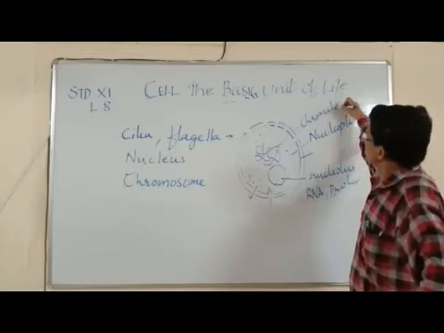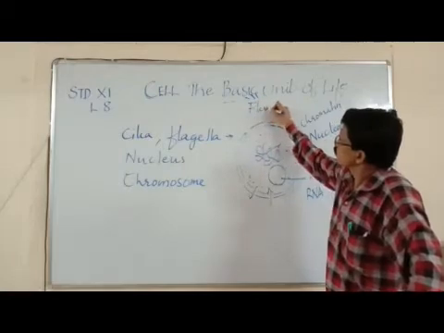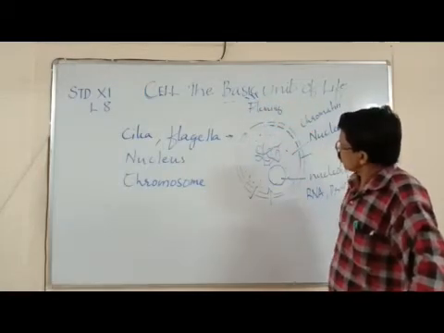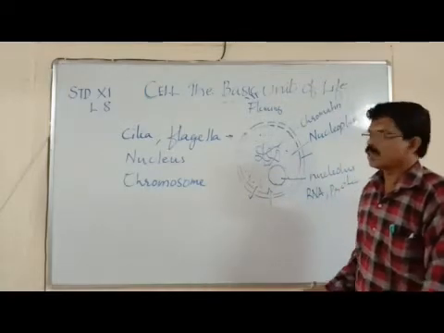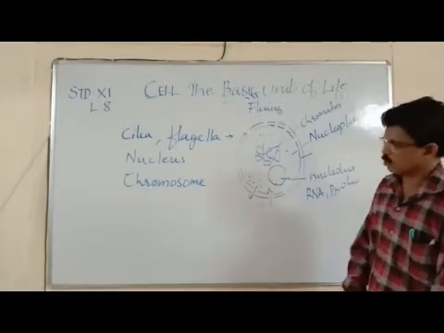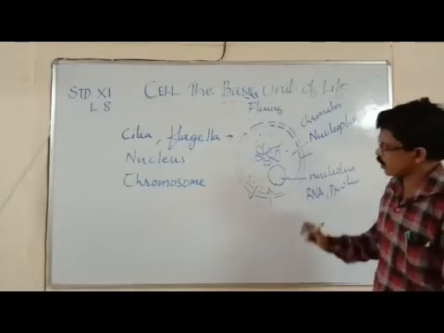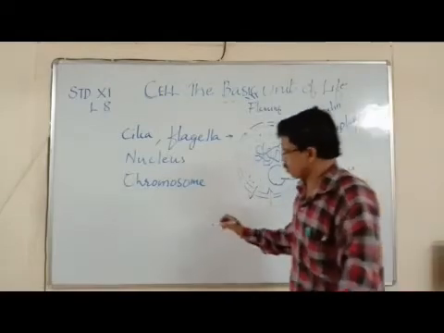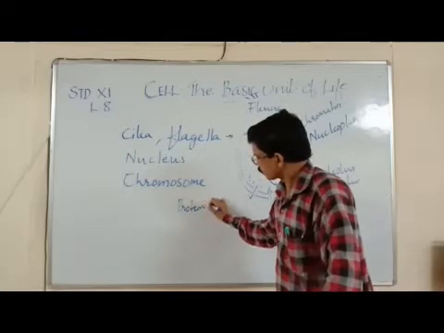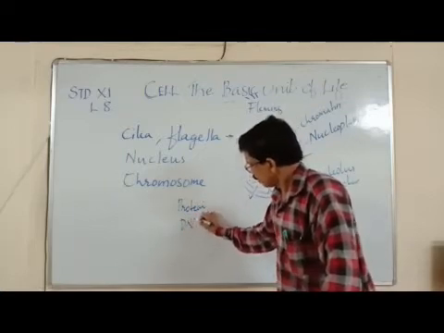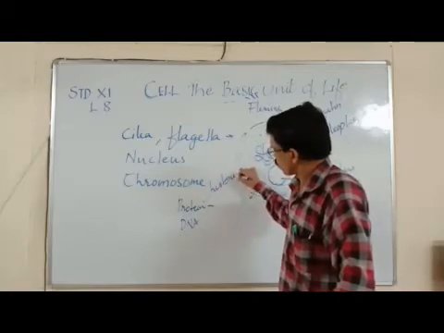Chromatin was first discovered and named by a scientist called Fleming. Chromatin is visible before the cell division, but once the cell division starts, the chromatin condenses to form chromosomes. A chromosome in turn contains two components. They are protein as well as DNA. The proteins are of two categories: histone protein and non-histone protein.